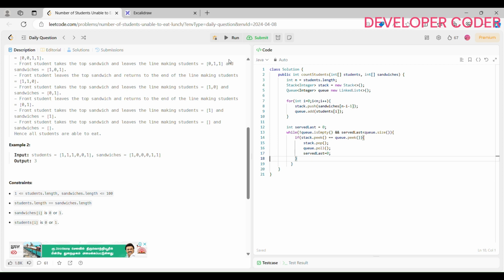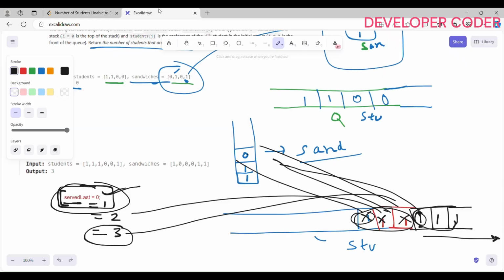Okay, and in the else part, now what I'm going to do, I'm going to add the element to the end of queue, right? So queue dot add queue dot peek element, and from the front of queue I have to remove that element, so queue dot poll. And I have to increment the count, served last plus plus,